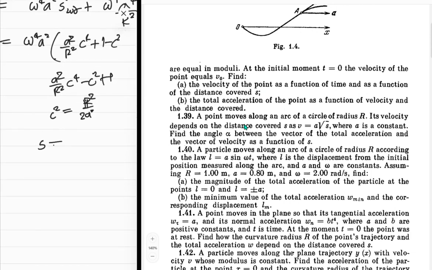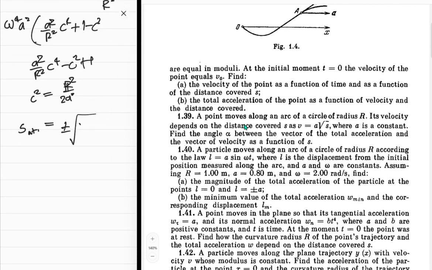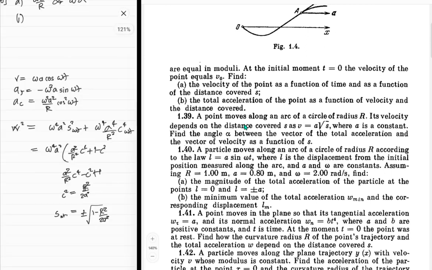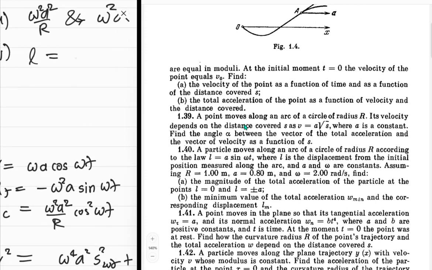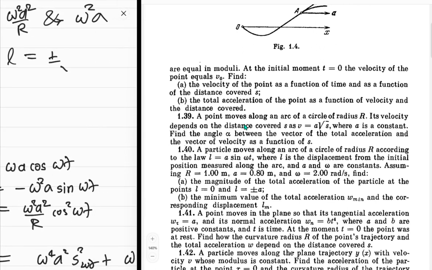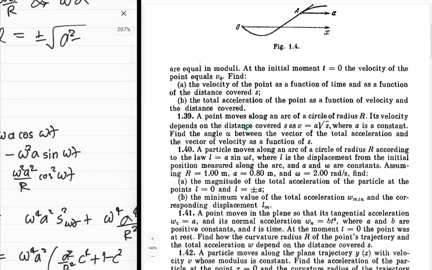From here you can say, okay, sine of omega t, that will just be equal to, so okay, first of all we should go for cosine of it or not. So this will just be plus minus square root of 1 minus r squared upon 2a squared. That goes for it. So your L value will be plus minus square root of, so you can take that a inside, and now it will just be a squared minus r squared upon 2,